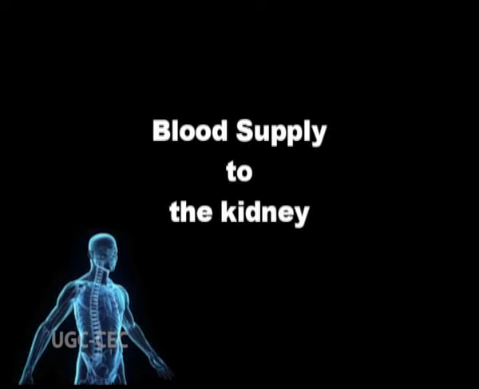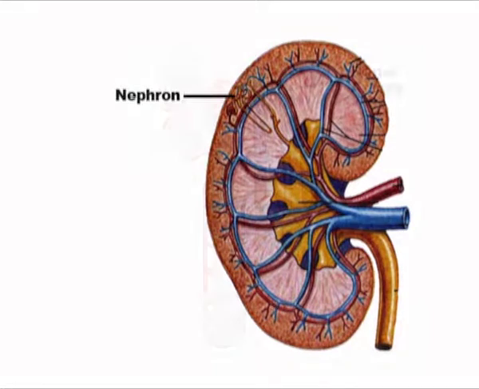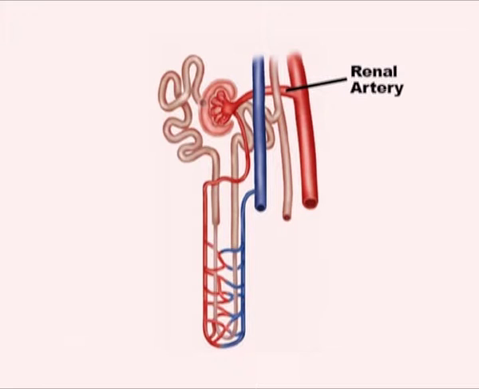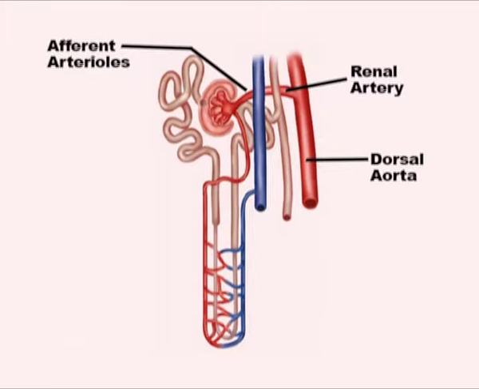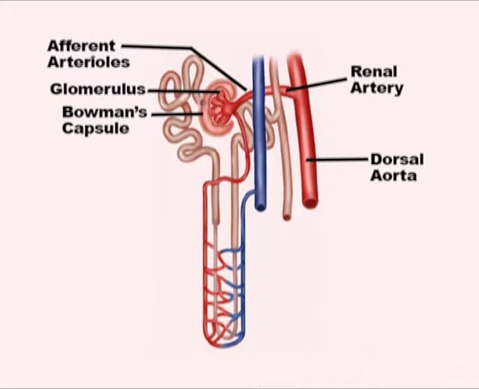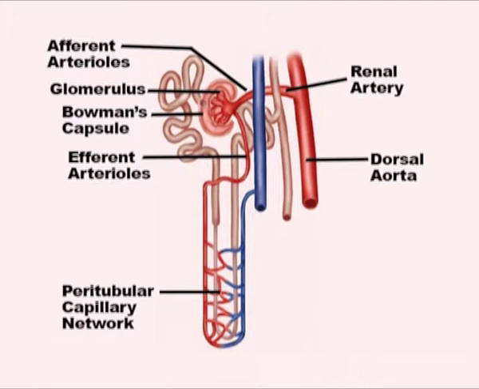We shall see the blood supply to the kidney. In each kidney, the oxygenated blood from the renal artery enters from the dorsal aorta. This artery divides into smaller arteries in the kidney called afferent arterioles, which go into each Bowman's capsule and form a tuft of capillaries called glomerulus. The glomerular capillaries rejoin to form the efferent arteriole and further form a peritubular capillary network in the cortex around